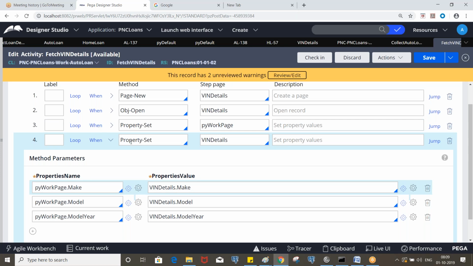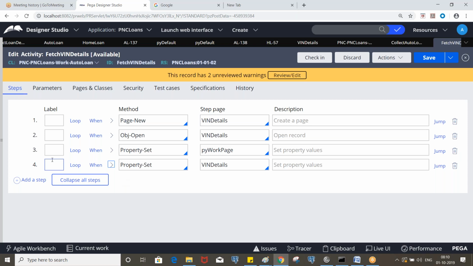So now, let's say I don't want this step to be executed. What do we need to do? You created the activity with 10 steps, and you can put comments like this so that this step will not be executed. Some developer created an activity with 15 steps, and you are modifying that, and as per the requirement you will have to comment some steps or remove them. Generally, we don't remove the steps if it was created by another developer.